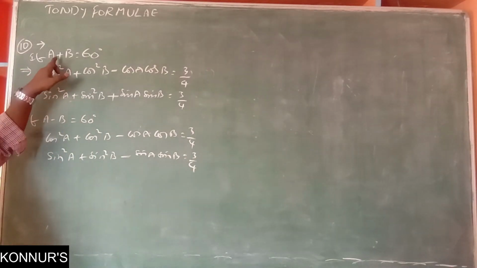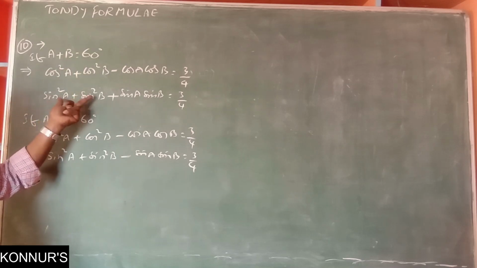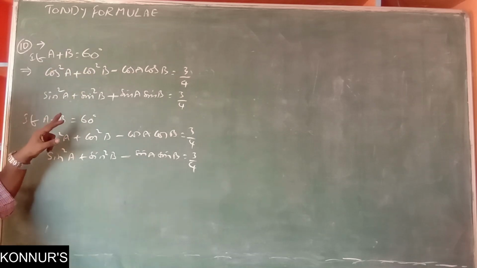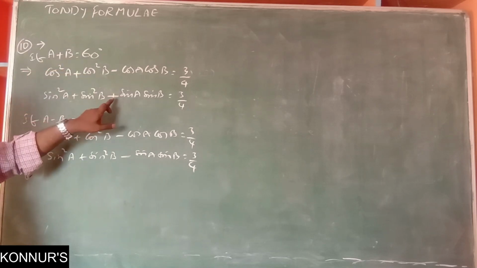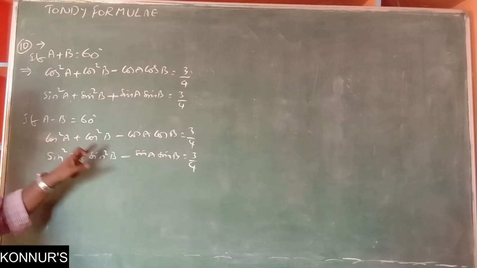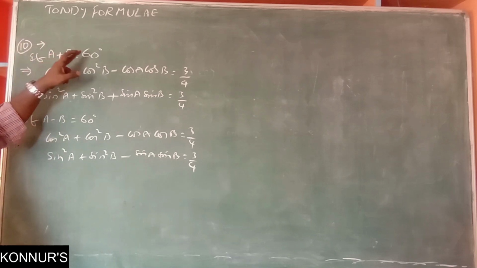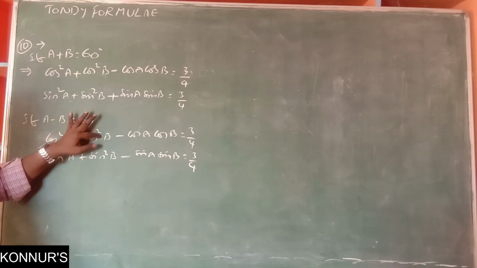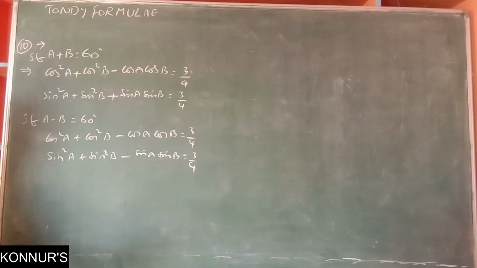You see, A plus B is there, sin square A plus sin square B, or cos square A plus cos square B. It is common for A plus B 60 or A minus B 60. But the difference is, in terms of sin only, for A plus B there is plus sin A sin B, and for A minus B there is minus sin A sin B. But in two cases, either A plus B is equal to 60 or A minus B is equal to 60, the cos is the same, you observe it. Okay, now these are the twisted formulas. Mind it well. I will explain in an example.